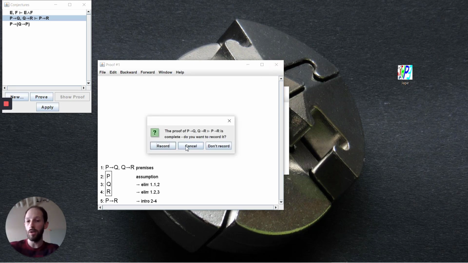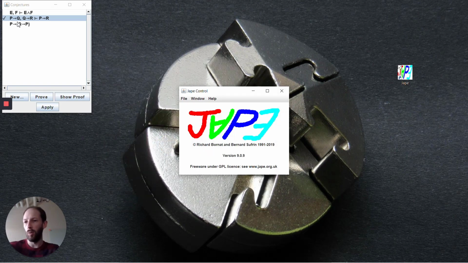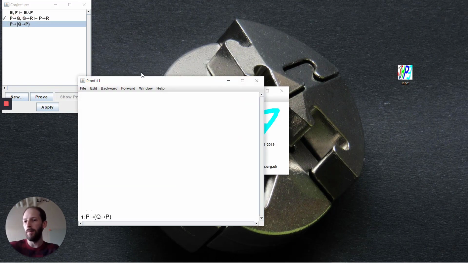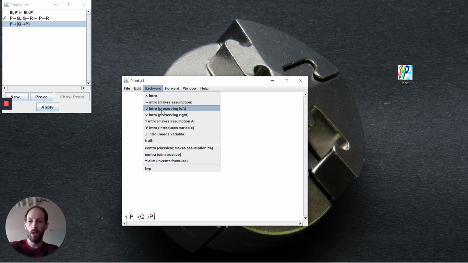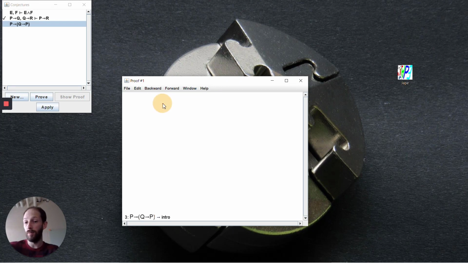Just to show how this can work in a repeated setting, this is a valid sequence where there's no premises. We just want to be able to show that it's valid to state that P implies Q implies P. And so similar to the last one, implication introduction is a backwards type of reasoning, and so we're going to reason backwards here. This means that if we assume P, then we can get Q implies P. And again, we're going to reason backwards to break this implication introduction